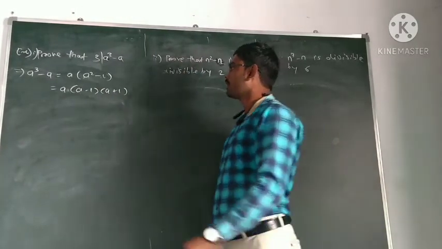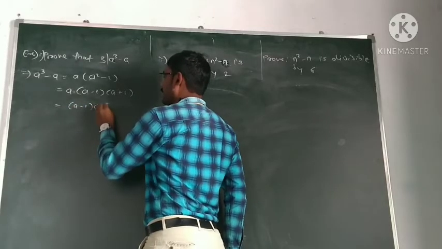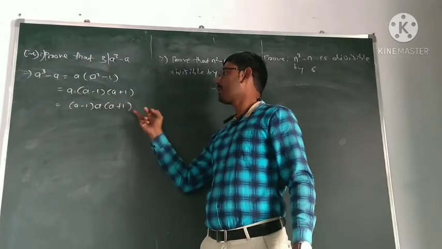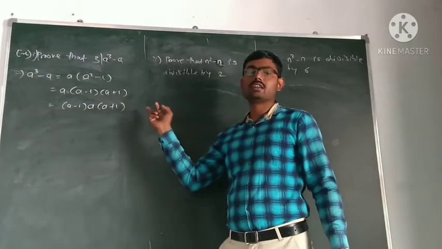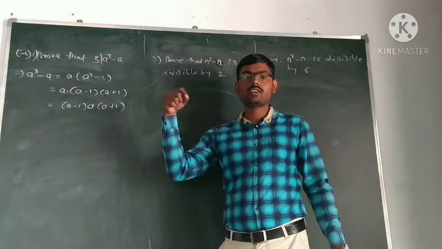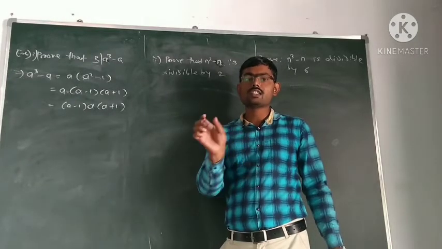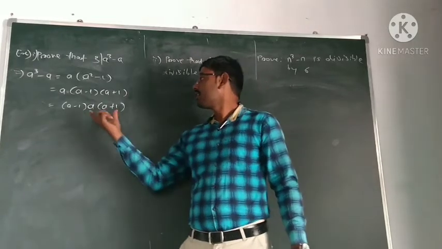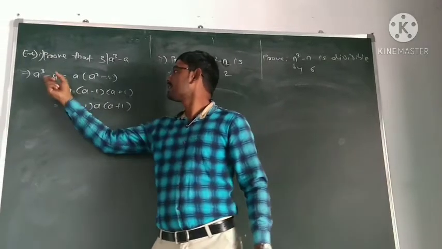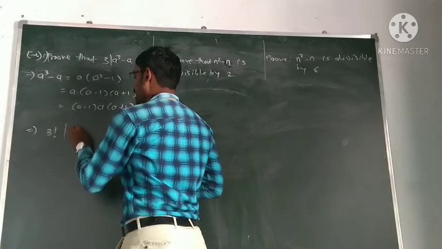Okay. Now we write this as factor a minus 1 first, then factor a, then a plus 1. Now look at this: a minus 1, a, a plus 1, a product of 3 consecutive integers, and the theorem says the product of m consecutive integers is divisible by m factorial. That is, m factorial divides the product of m consecutive integers. Here these are 3 consecutive integers, so it is divisible by 3 factorial. So by the theorem, 3 factorial divides this a cube minus a.